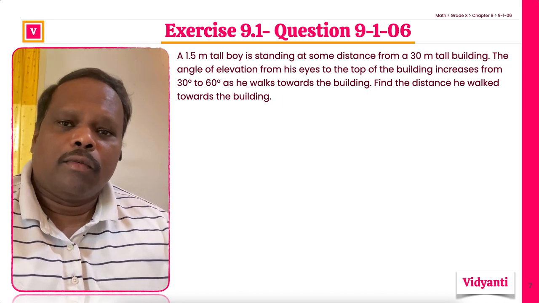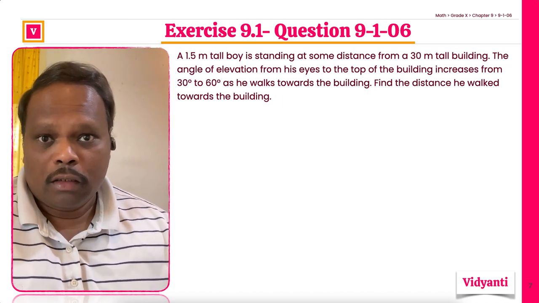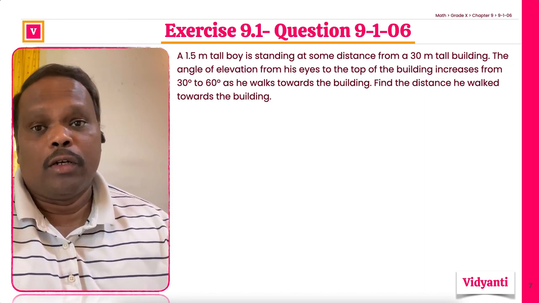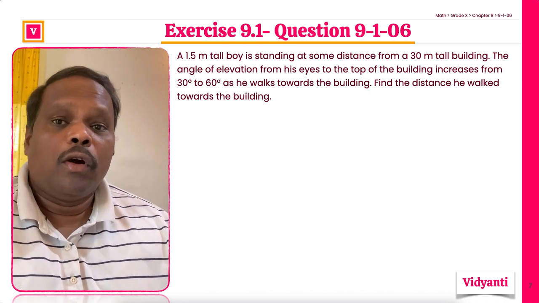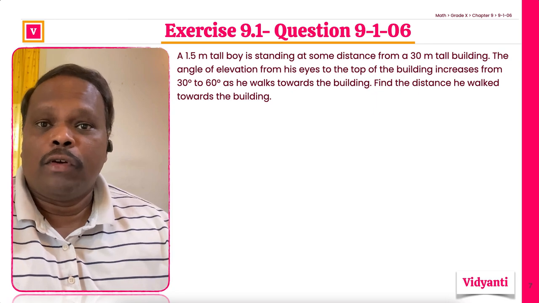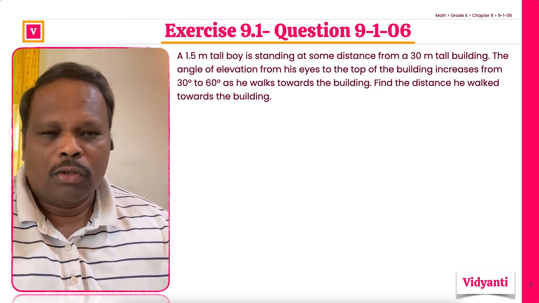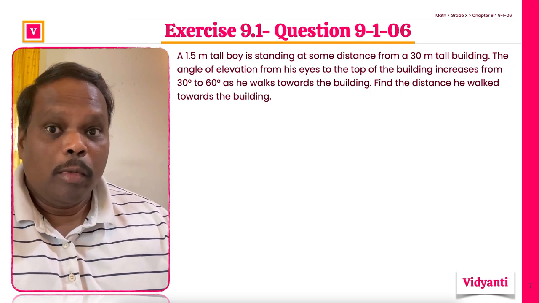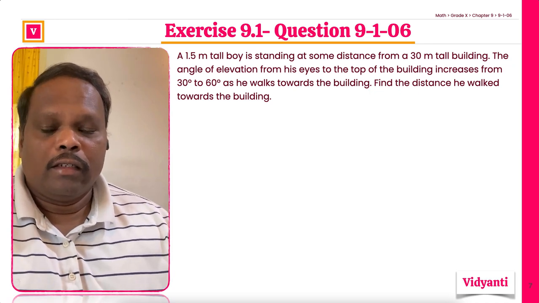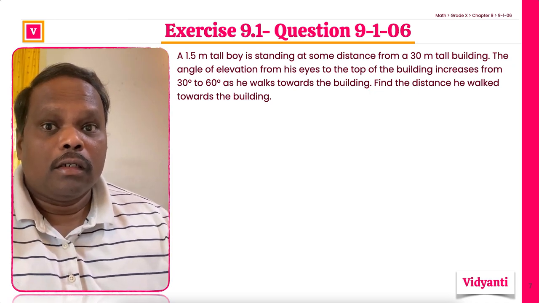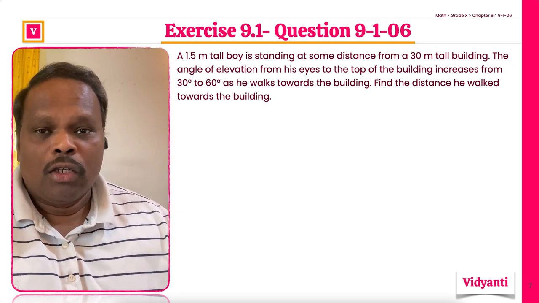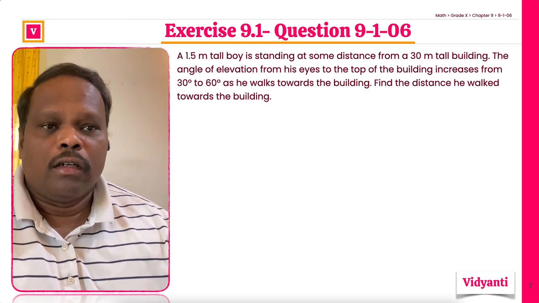Now, these kind of questions again involve drawing the diagram. These are slightly higher level problems compared to the previous 5 questions because this requires application of trigonometry twice. So in these questions, you will be given two scenarios, so you'll be drawing two right angle triangles. You will be getting two trigonometric ratios, maybe most of the time same, but for two different angles. So let's see how we can draw a figure. Okay. Now,